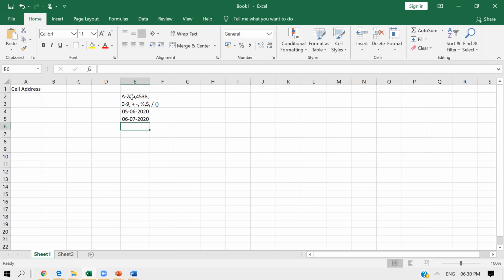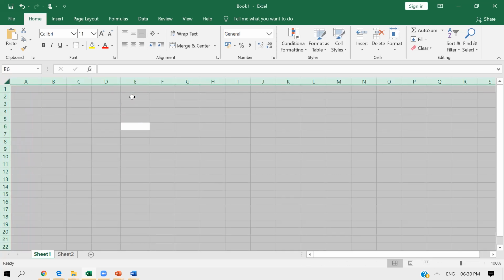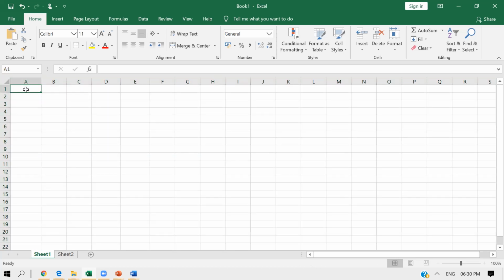Okay, now let's go ahead. Entering data: you can do a direct entry of data. Direct entry means you can simply go to a cell and type your data. Here on page number 40 of your book, you have an activity that you are going to do.